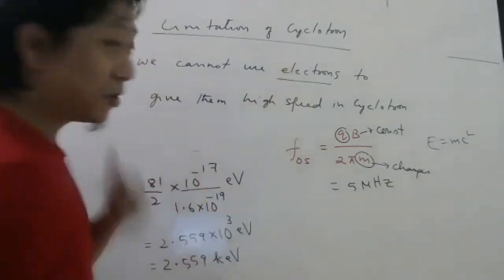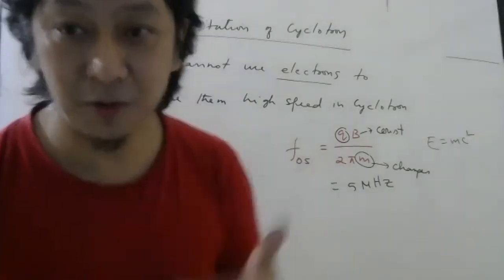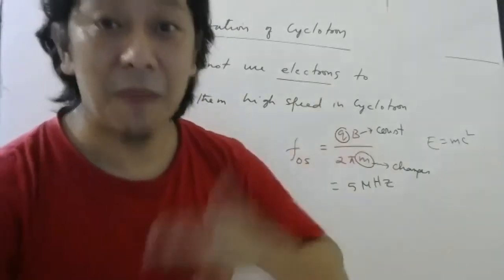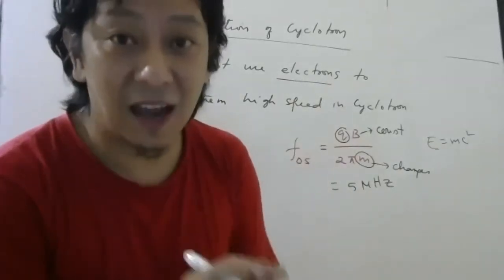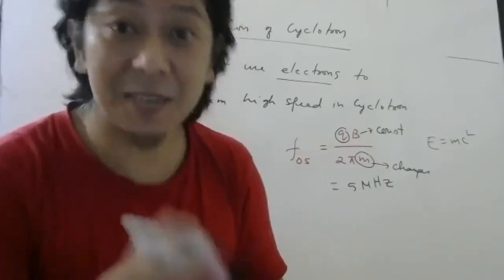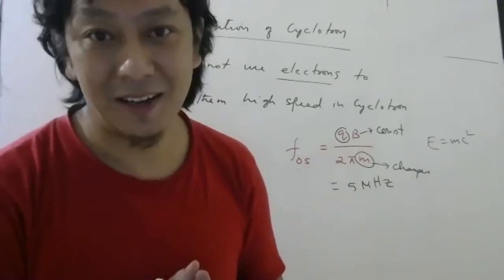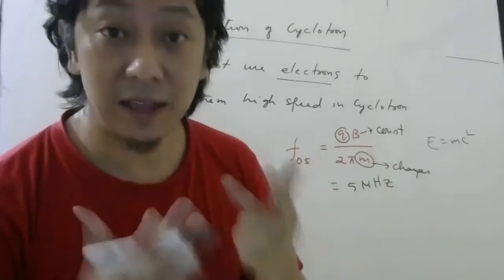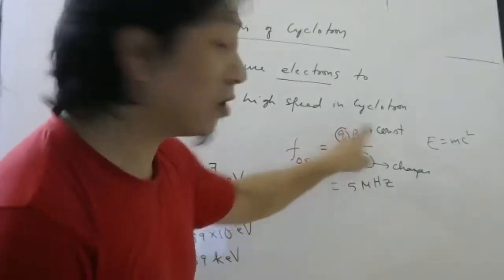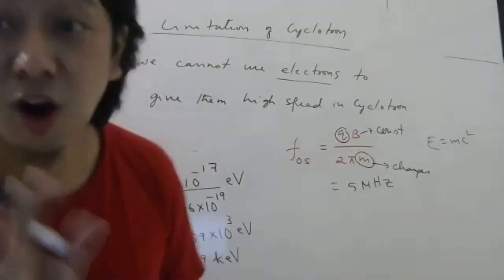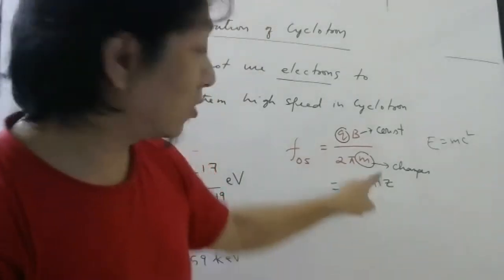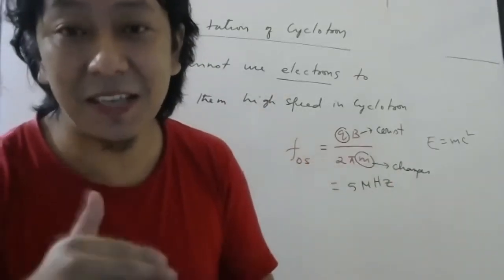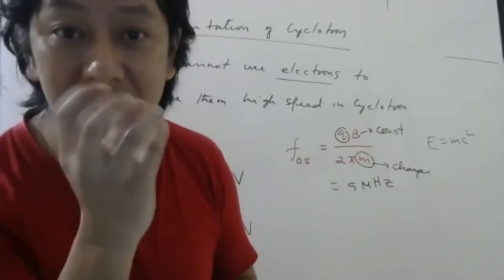So when electrons are used, because of Einstein's discovery that with increase in speed, mass also increases, and that effect is more for lighter particles, and electron is the lightest particle, for electron this effect is even more, and therefore for electron this frequency of revolution is no longer constant. It will not be a number. Why? Because the mass keeps on changing for electrons. For others also it changes, but it doesn't change appreciably. It can be ignored if the particles are heavy.